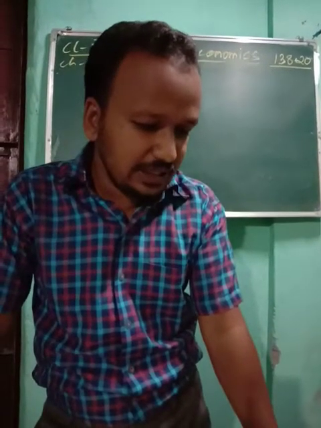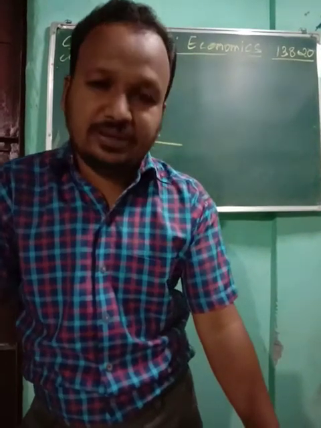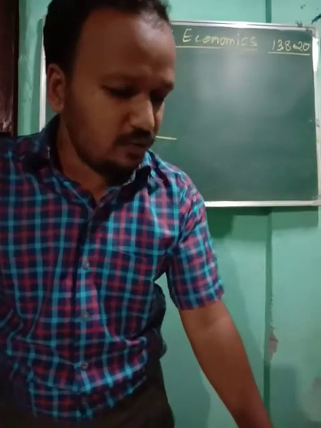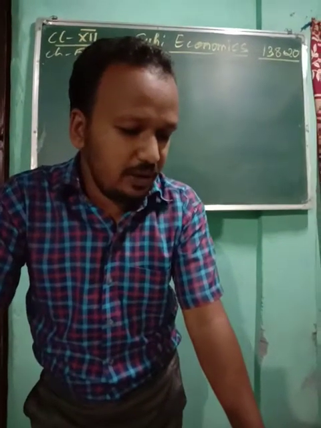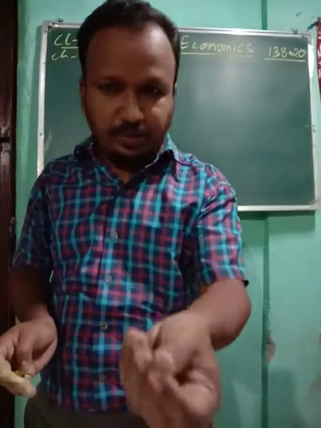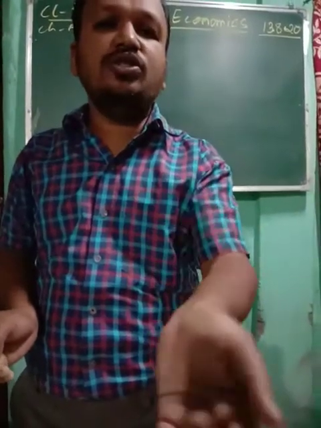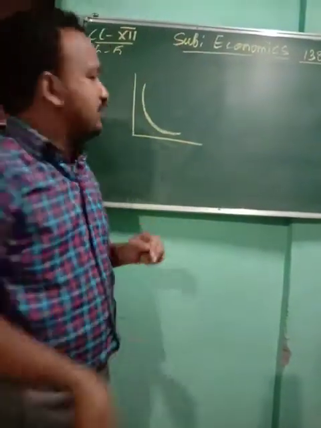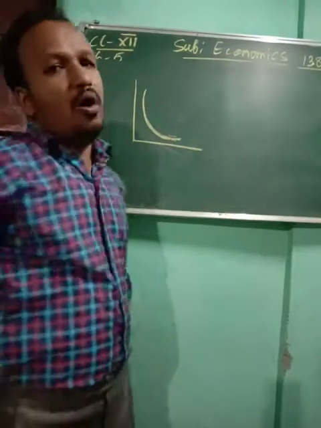So here the assumption is there: the lesser the consumer consumes of one commodity, the more units of the other commodity are obtained. So when the consumer is consuming one additional unit of a commodity, in our example, when the consumer is consuming more apples, what is the consumer doing to the other commodity? The consumer is reducing the consumption of oranges. So the oranges are getting reduced. Due to this only, your indifference curve will be convex to the origin.